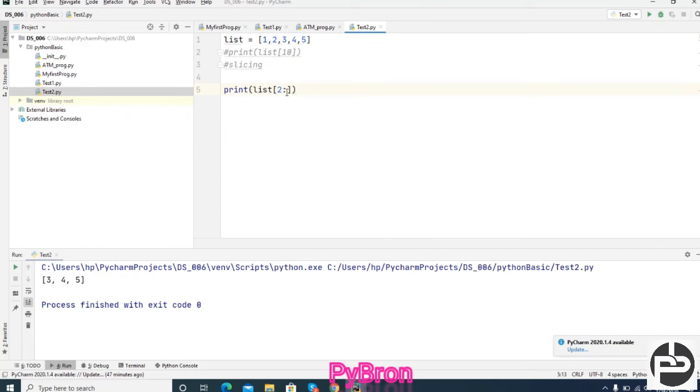So this is the starting point. Suppose you want to define up to 3, sir, no, I don't need to go till the end, I need only the 2 to 3 index values. That's all.